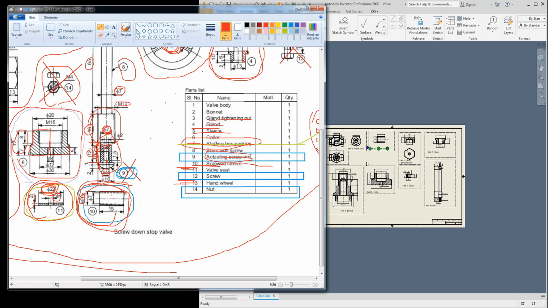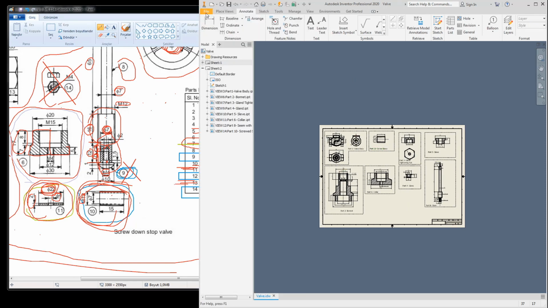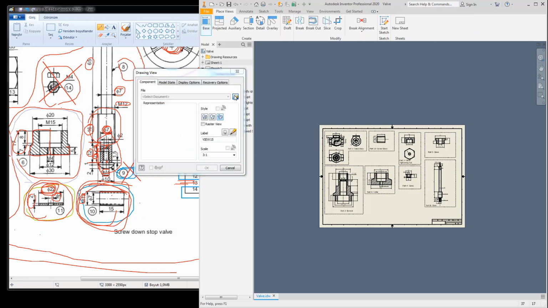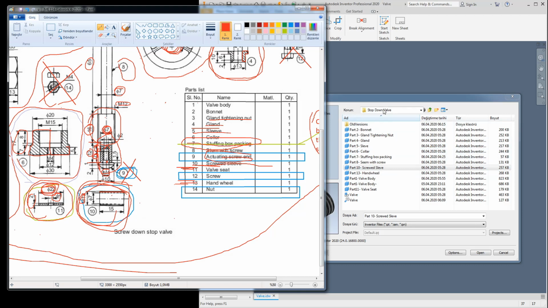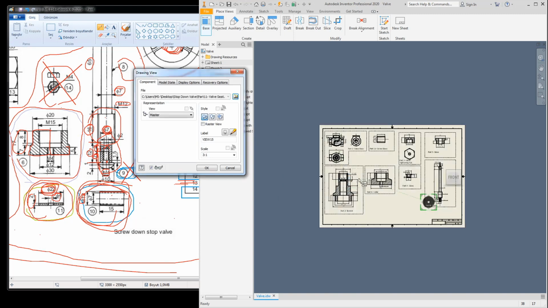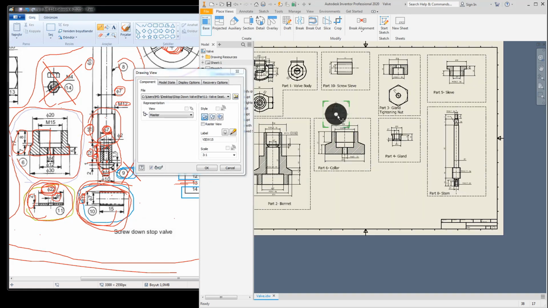One is valve seat. I'll just create quickly about this one. Base valve screw sleeve, which is valve seat. Yes, part 10, 11. I have this one. Let's make it a little bit small, 2 to 1, let's say 2 to 1 scale